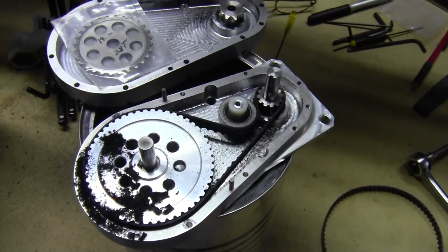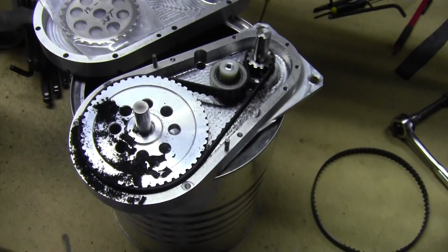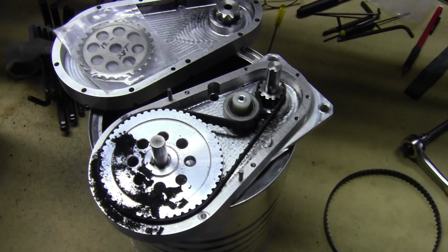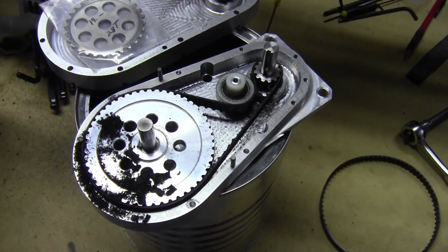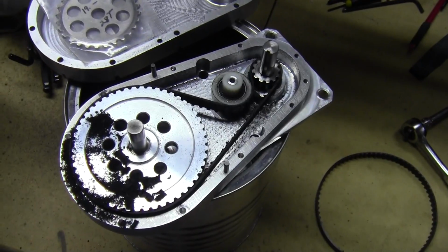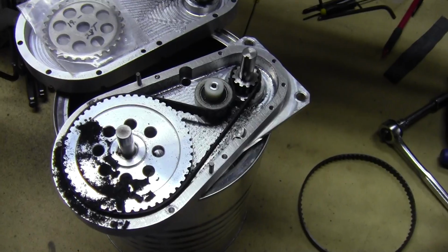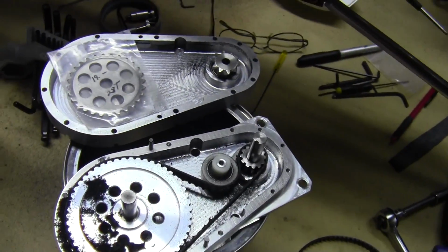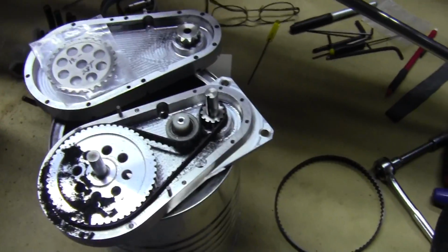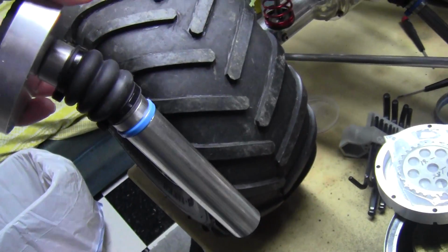Now I know there's some guys out there that have blasted me for using a belt drive system. They're telling me how stupid I am to use such a proven wrong method of drive. Well, I got to tell you, this is the same belt that's been in there for 4 years. Yeah, I haven't been driving every weekend, but this thing has seen a lot of use, and I would much rather replace a $10 belt even twice a year than have something happen to a $200 drive shaft,